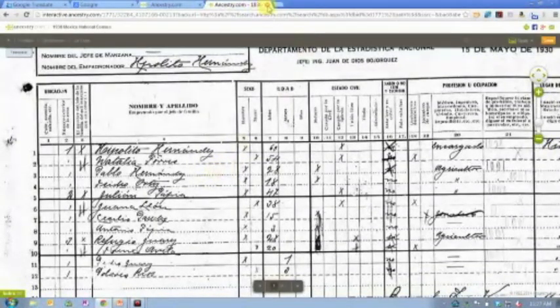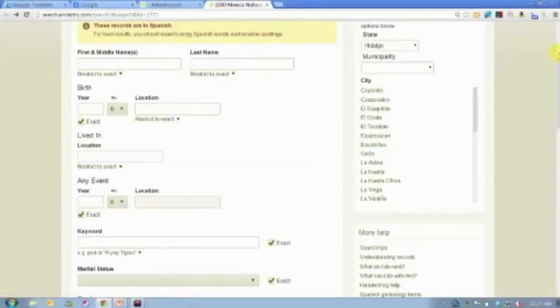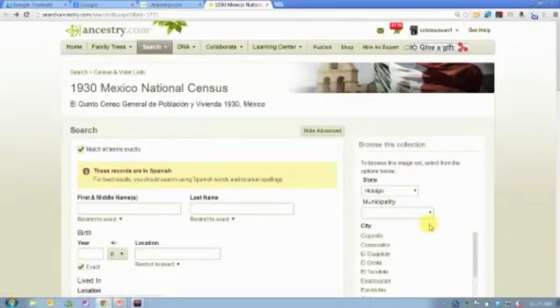So this 1930 Mexico census, again, you can browse it like I just showed you here. Just go if you know exactly where your family lived, and that's important because one of the things is as digital genealogists, the trap we tend to get stuck in is we just type a name into a box and we expect that that's going to give us exactly what we want, and then we look at exactly what we want and we move on.